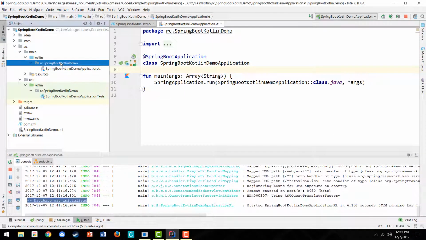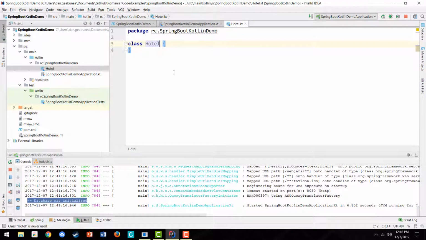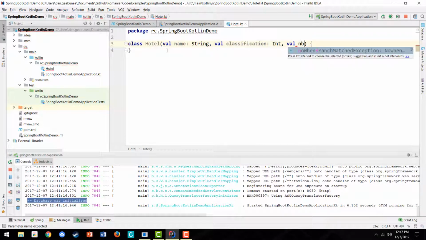Let's create our first entity. I'll go ahead and create a Kotlin class, and let's say we want to create a hotel entity. In Kotlin we can use inline constructors as primary constructors. Therefore I want a hotel name of type String. I want the classification of type Int, and I have to declare it like this. And I also need the number of rooms